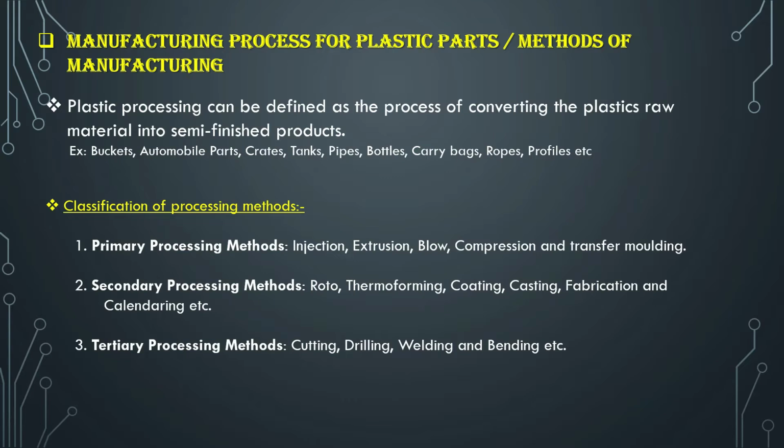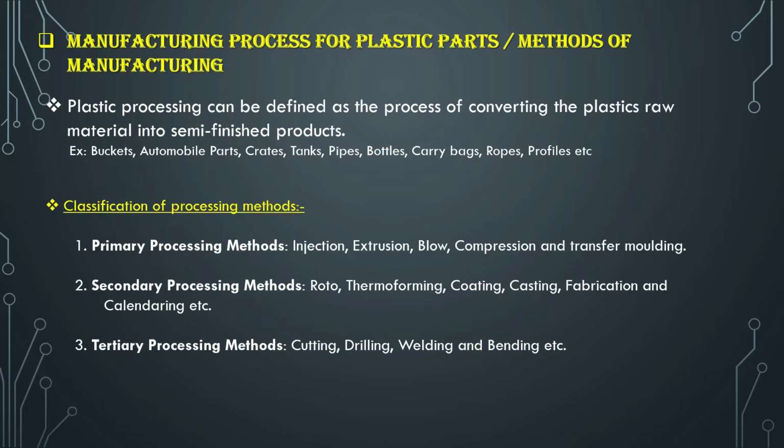Plastic processing can be defined as the process of converting plastic raw material into a semi-finished product. This is applied for manufacturing buckets, automobile parts, tanks, pipes, bottles, carry bags, ropes, and different kinds of profiles. So we'll discuss the classification of manufacturing processes. There are basically three: the primary processing method, the secondary processing method, and the third one is the tertiary